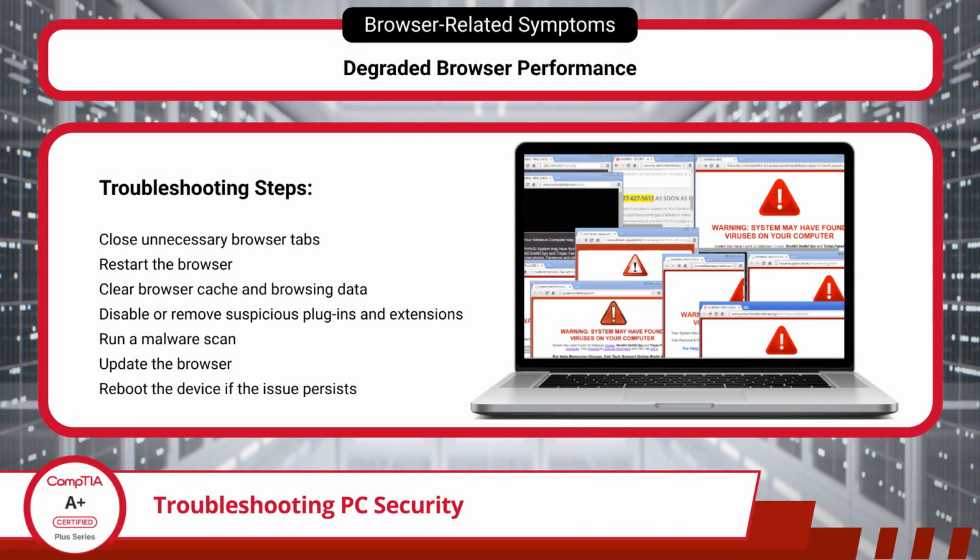While certificate warnings focus on trust and website identity, browser performance issues can sometimes point to security problems as well. If the browser suddenly becomes unusually slow, freezes frequently, crashes, opens excessive tabs or pop-ups, or takes far longer than normal to load websites, malware or unwanted browser extensions could be the cause. In some cases, adware, spyware, or malicious plugins may be quietly running in the background, consuming system resources and interfering